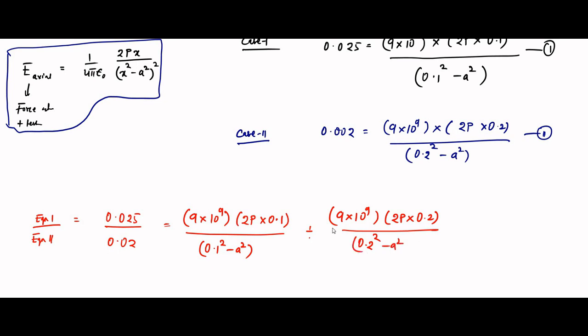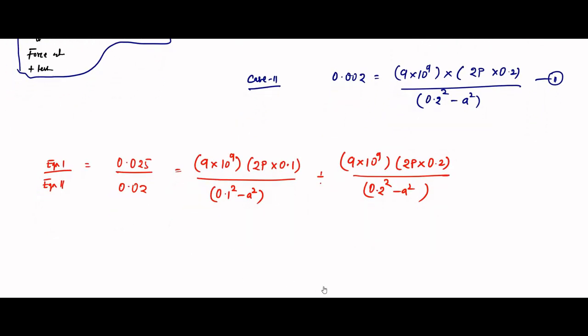So this will become reciprocal and get multiplied. 9 into 10 to the power 9 will get cancelled, and 2p will get cancelled. So we will be left with